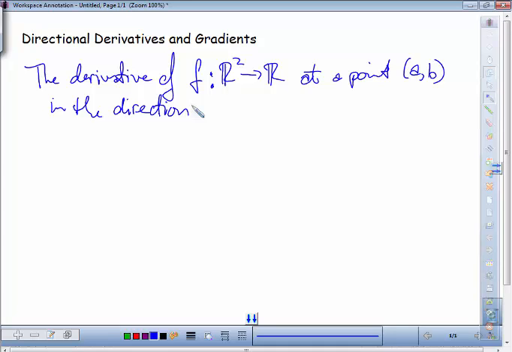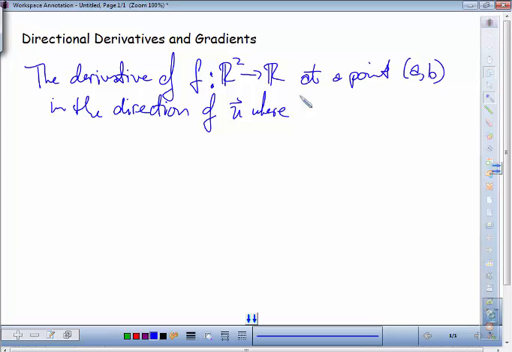The partial derivatives are special directional derivatives where you're going along the x and along the y, along whatever the independent variables are. But what we're allowing now is for you to go in any direction you want, not just the x or the y. So in the direction of u,